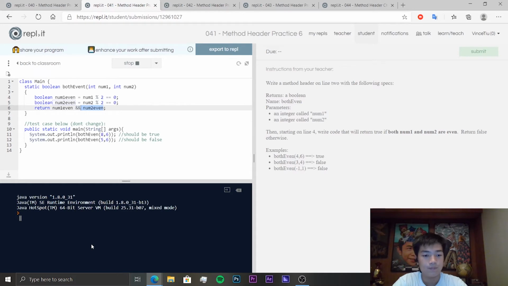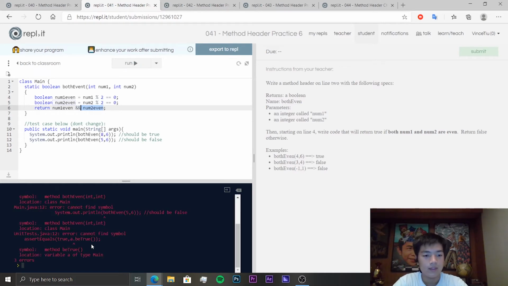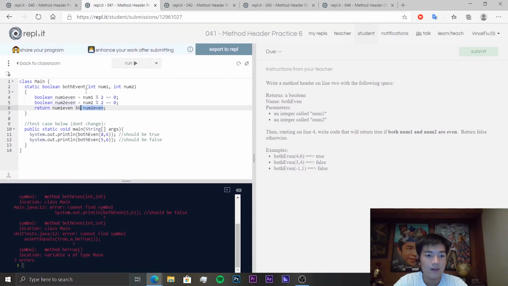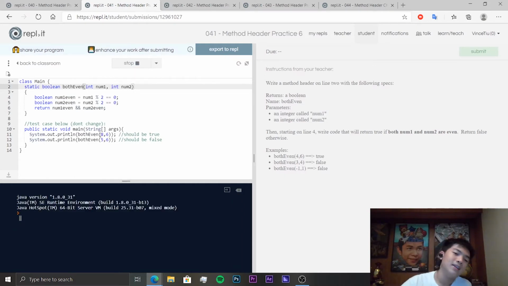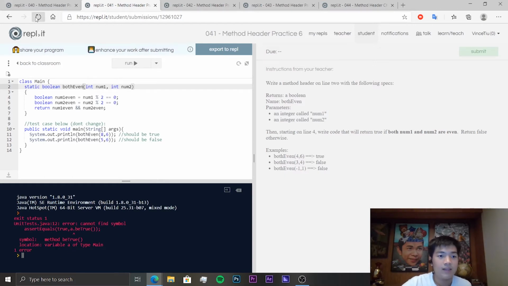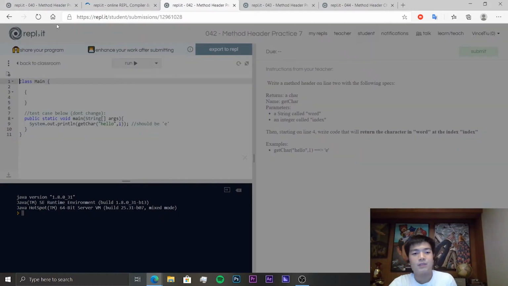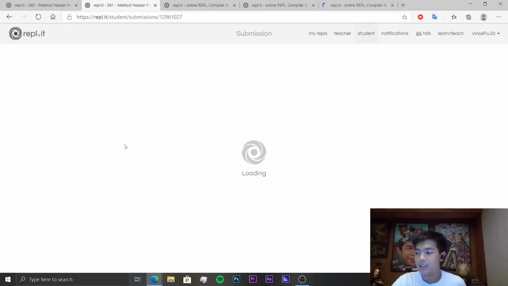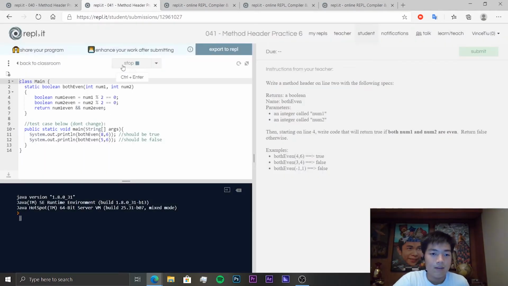So if we run this code, what? Oh, sorry, I put bothEven event. Okay, if we run this code, what is going on? I think we have to reload the REPL because the REPL is being a REPL. I'm just going to quickly reload all of these other pages as well in case we get the same error. It looks like it's something carrying over. But anyway, if we run this code again,